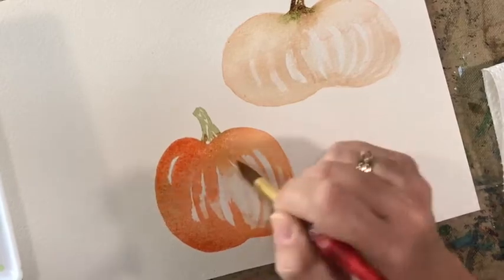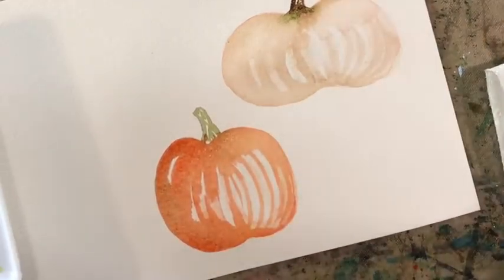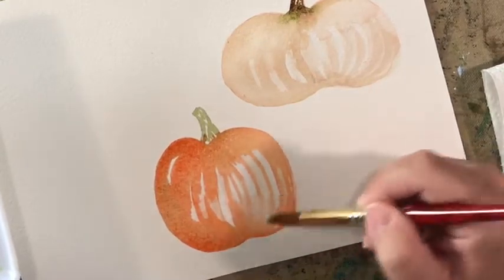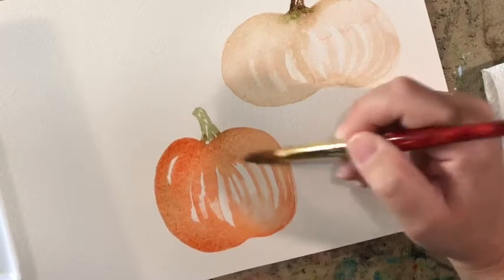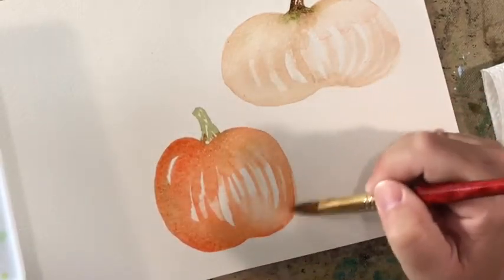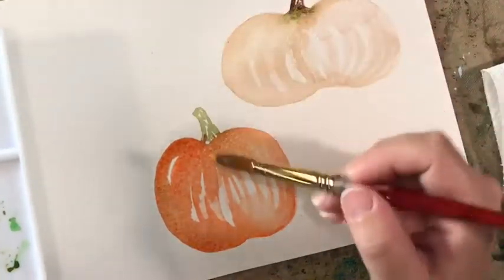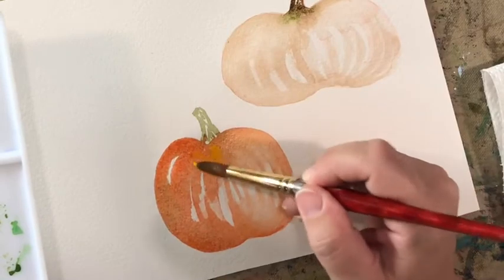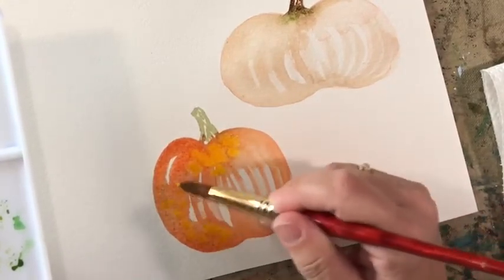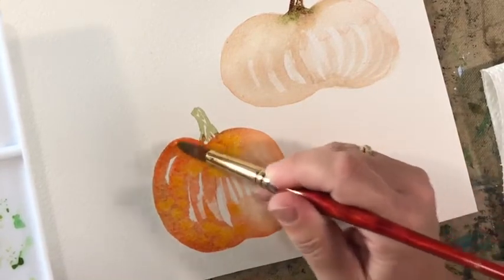And you can give your pumpkin as many grooves as you want. And then that's too predictable for me, so I'm going to blend it in a little bit. Okay. And I think I'm going to throw in a little bit more of that cadmium yellow right around here. And you can throw in as many colors as you want. Pumpkins, they have a lot of different shades of orange and reds and greens, and